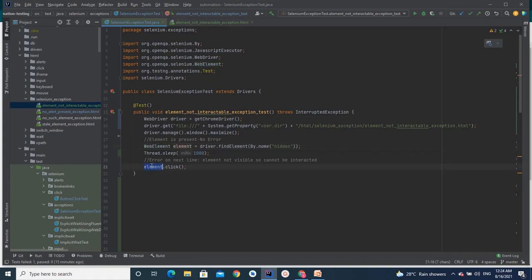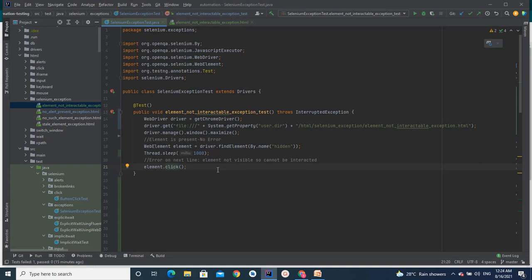When we come to this particular line and interact with that element, that is, we try to perform a click operation on that particular button, that time it is going to create an issue. Why? Because to perform a click on a particular web element, the visibility of the element is a must.